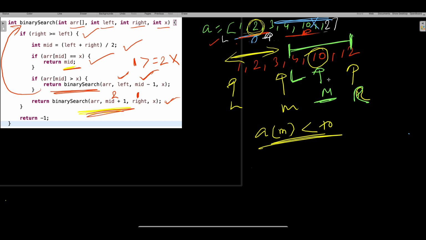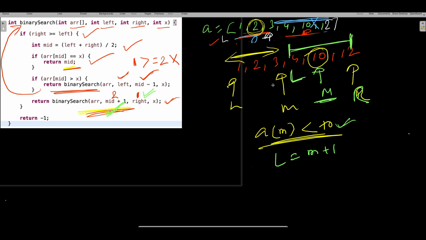That is the reason whenever your middle is lesser than the number you are looking for, your left is going to be middle plus 1. Is not this the same case? Your left is going to be the middle plus 1, right? If the middle is greater, your right is going to be the middle minus 1.